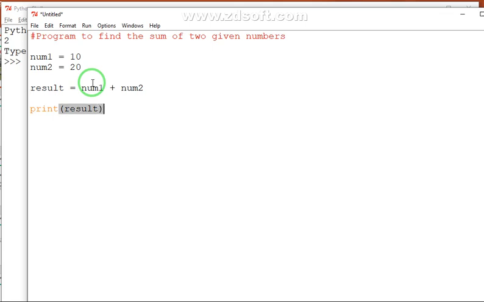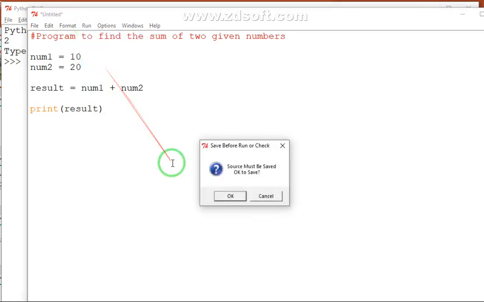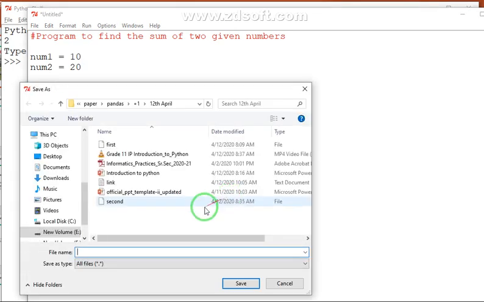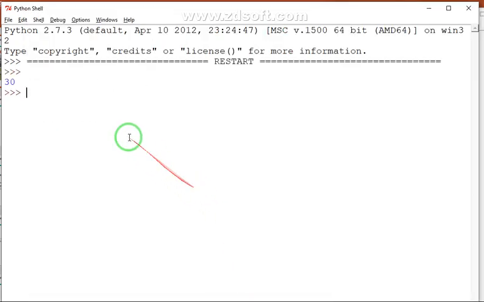result. Okay. So students, here you can see, if you compare it with C language or C++, there we need declaration of the variable. Here we can straightforwardly make use of our variables. Now to run this code, go to this Run option, and you can press F5 also, or click on this button. Clear? The source must be saved. So I will save it here in my earlier folder. Let's name it my third program. Save. Clear? Now you see the output here. What is the output? 30 is the result. Clear?